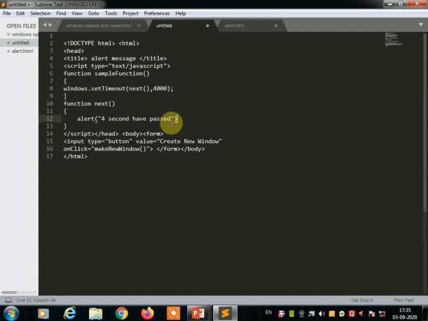Every statement in JavaScript has to be completed with a semicolon. So complete the curly bracket, then complete the script tag and head tag.